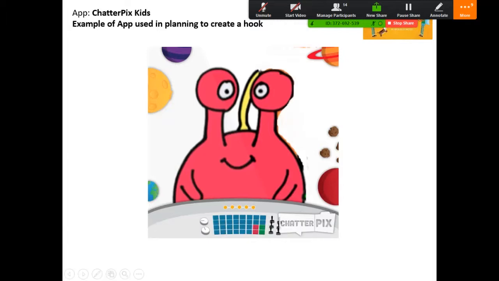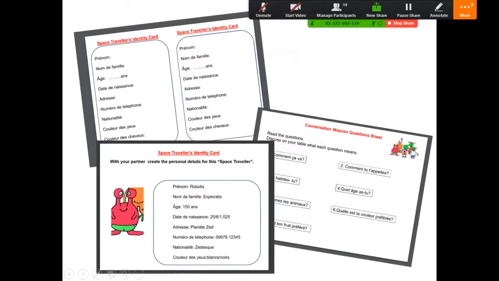Lovely. And on the next slide, I'll talk to you about a couple of the activities that we did. So one of them was to understand an ID card. So the pupils did this activity where they use their reading skills, their knowledge of English, knowledge of French and cognates and things like that to understand all of the elements on an ID card. And then they moved on to creating their own version.